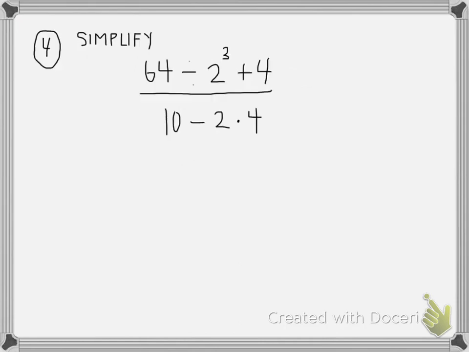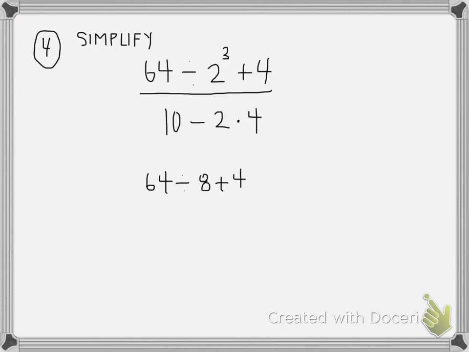Okay, let's do another one here. Alright, so here I've got 64 divided by 2 cubed plus 4, all over 10 minus 2 times 4. Okay, alright, so here this is a fraction. So I'm going to work the numerator first and the denominator, and then my last thing I'll do is divide them together. Okay? So in the numerator, the first thing I need to do is the cubed. So 2 cubed is gonna give me a what? 2 times 2 is 4, 4 times 2 is an 8, so I'm gonna have 64 divided by 8